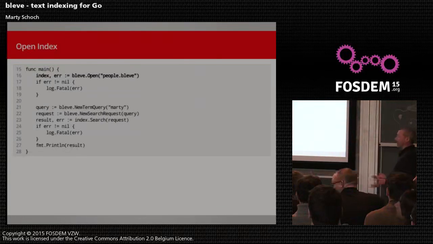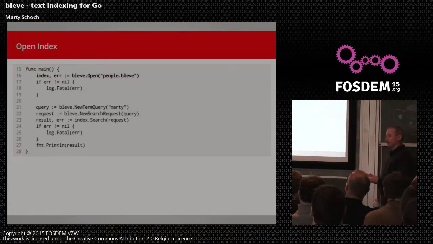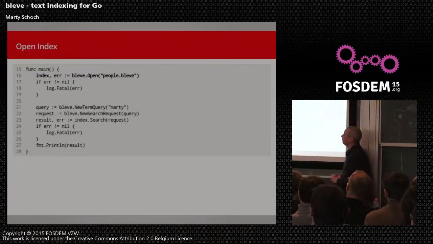Now, the next thing you might want to do is search through it, right? So here we're going to open the index using the Bleve open function. The open function differs slightly because now you're only giving it the path. You don't need to provide the mapping because we actually serialize the mapping into the index. So we actually have that persisted, and that affects how you use the index going forward with that initial mapping you provided. So when you open it, again, you're either going to get the index reference or an error.